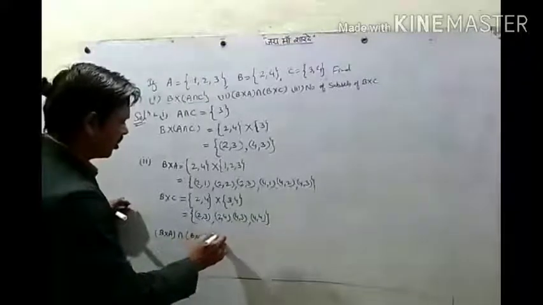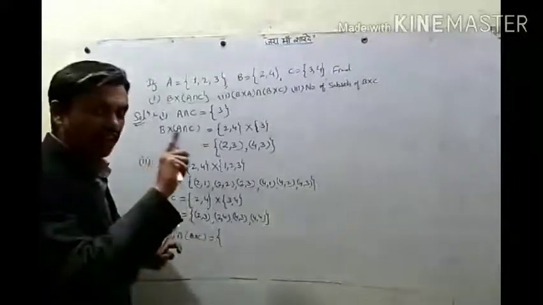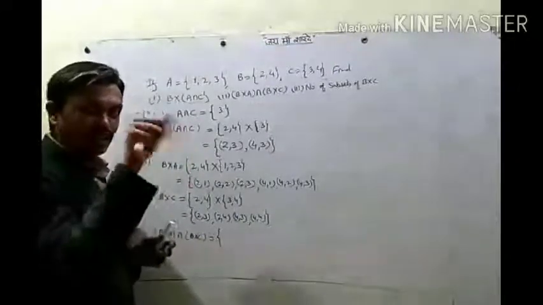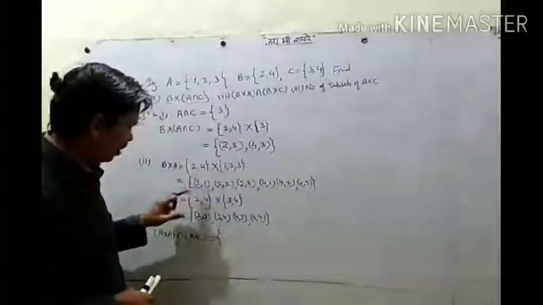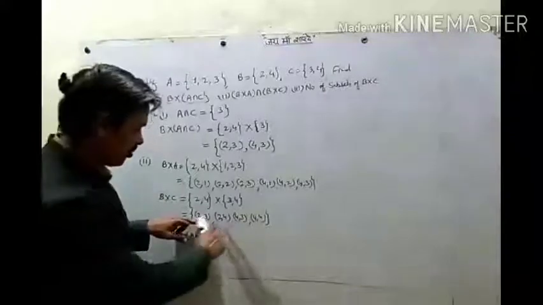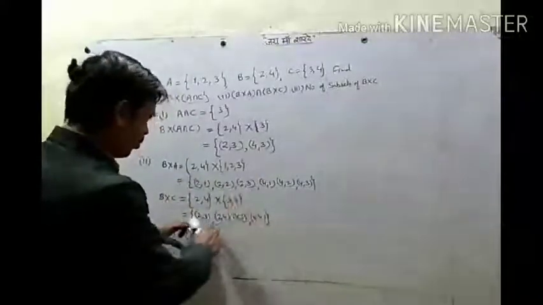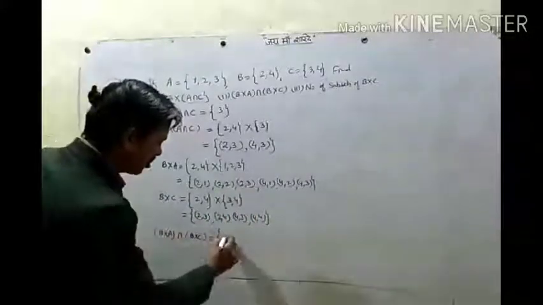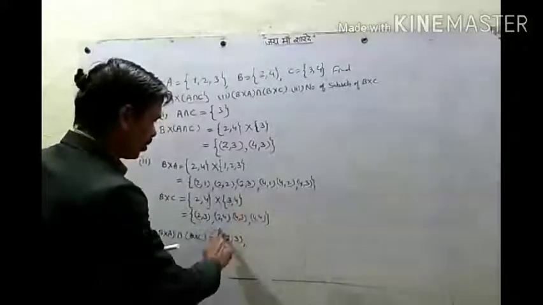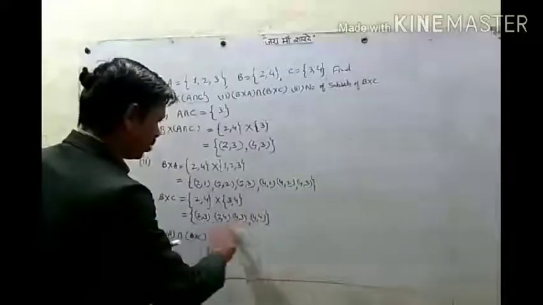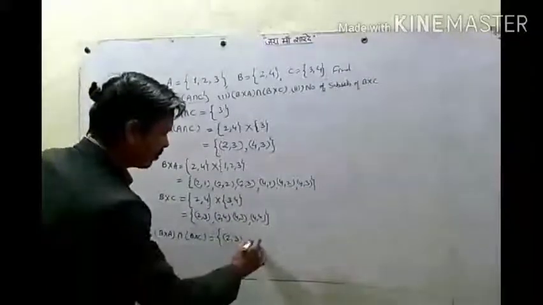Now their intersection. The common elements of these two sets. We know that (a, b) and (c, d) are equal only when a and c are equal, and first elements and second elements are same. So 2, 1. We don't have 2, 1 here. 2, 2. We don't have 2, 2 here. 2, 3. Yes, 2, 3 we have. So common element is 2, 3, one element. Then 4, 1, not here. 4, 2, not here. 2, 4 and 4, 2 are different things. Then 4, 3, yes, 4, 3 is common.